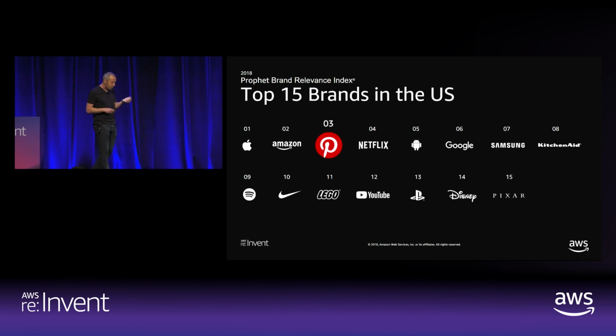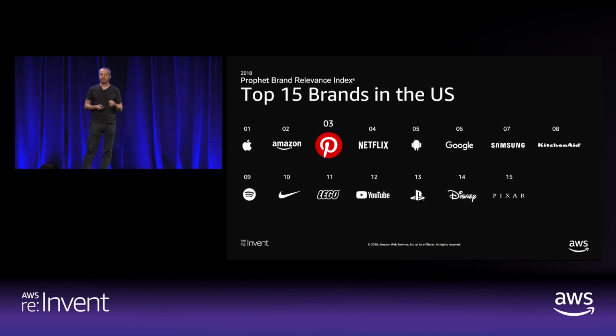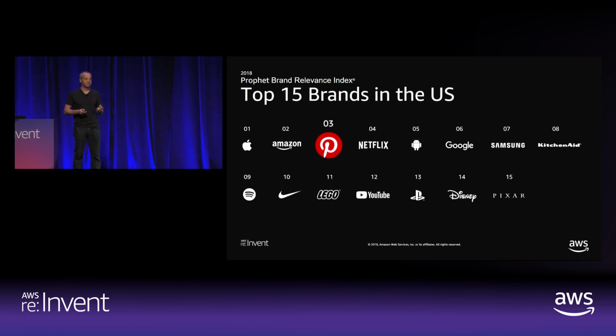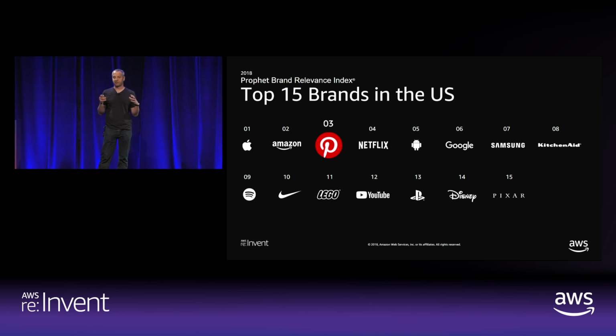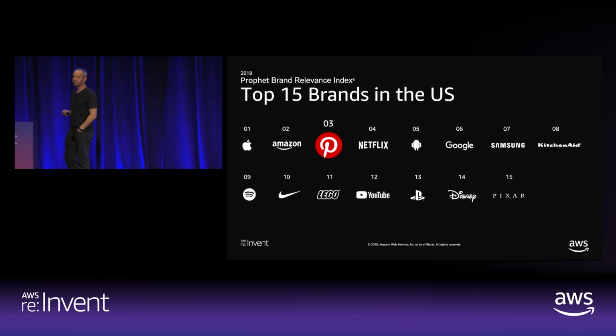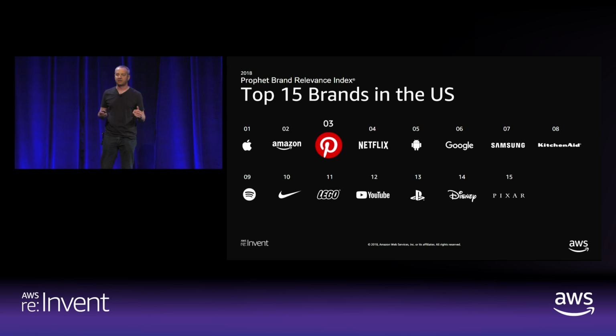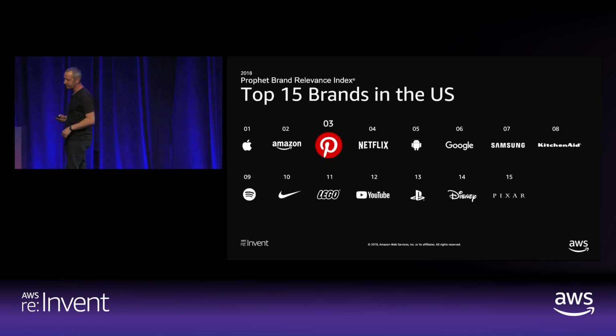At the very core of everything we do at Pinterest is our data set because it's very, very unique, and such a scale and such a finesse of curation does not exist anywhere else. Okay? So Pinterest is a very user-centric company, and that's where these slides come in. For everything we do, we take it from a user experience standpoint. We want to make sure that we give the best experiences to our users, and that's why in a recent survey, we have ranked among the top brands in the US, according to our consumers.